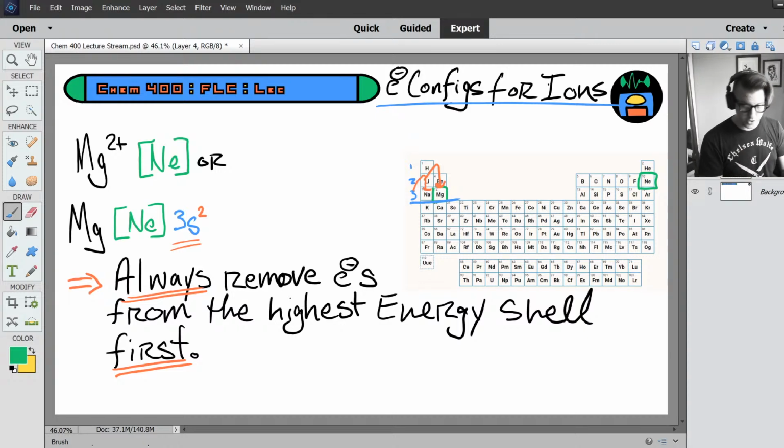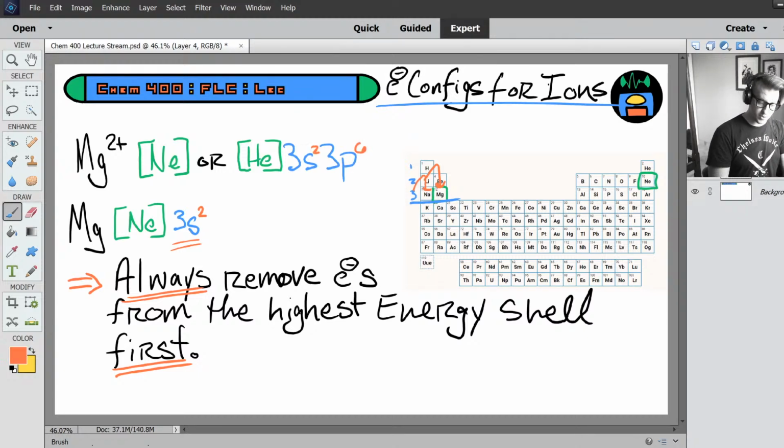Or, if you want, you could write out the electron configuration for neon, which is helium 3s2, 3p6. Both of these are acceptable as electron configurations, but even if you don't write out the electron configuration for neon, you still need to know what it looks like,